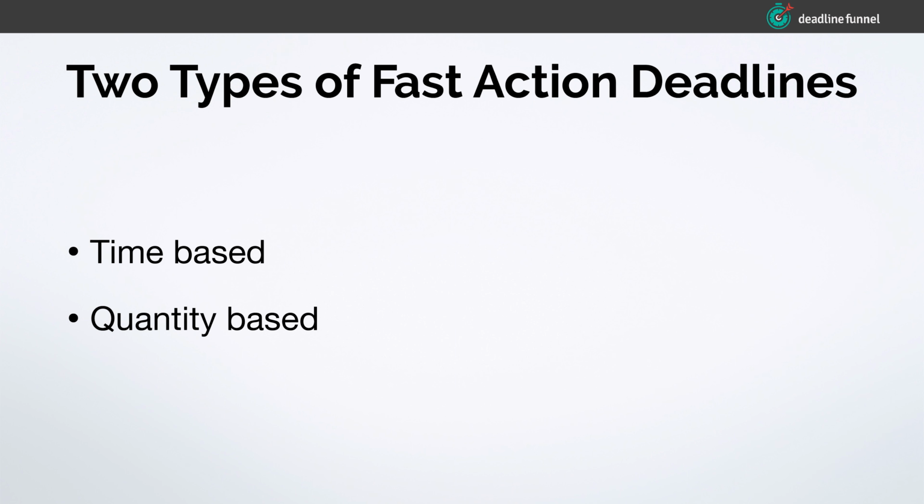Another way to do it, which is really interesting, is to make it quantity-based. So you could say the first 30 people that purchase, or the first 10 people that purchase, whatever. You want to pick a number that is going to be hit relatively quickly, but at the same time, not too quickly. There's a sweet spot. You don't want a quantity-based deadline that lasts many days. You want it to run out pretty quick, but you don't want to make it too small, because then you're not getting as big of a boost in your sales as you could. So you have to use your best judgment to figure out that happy sweet spot. But there are two ways to do this: time-based and quantity-based.